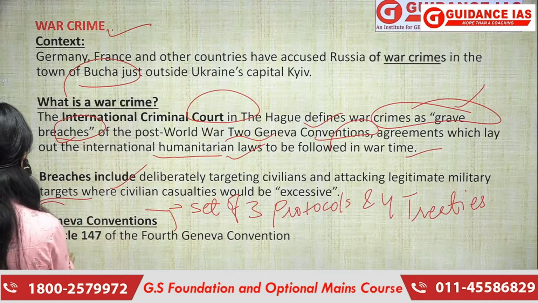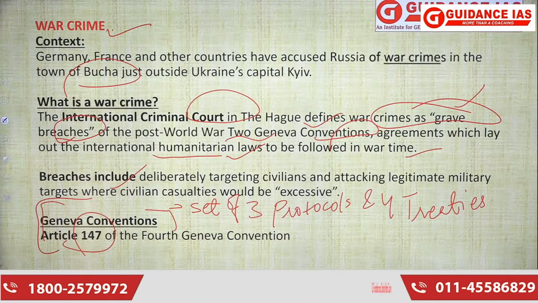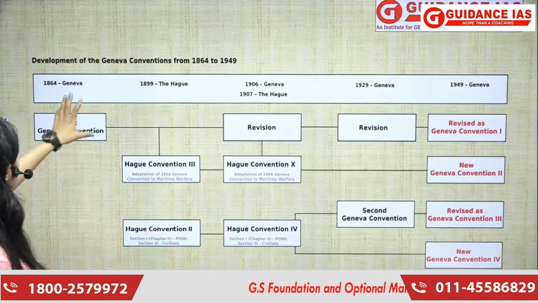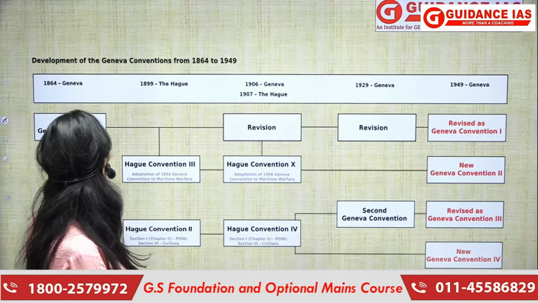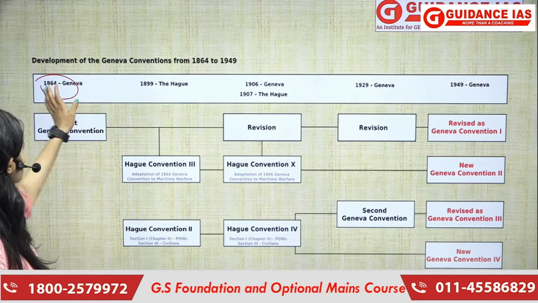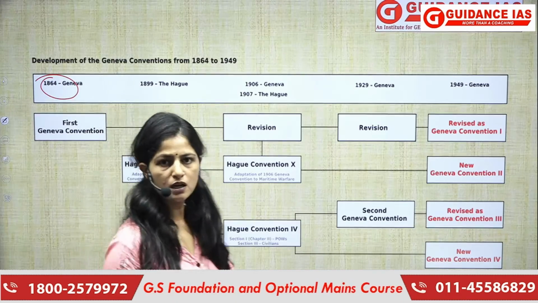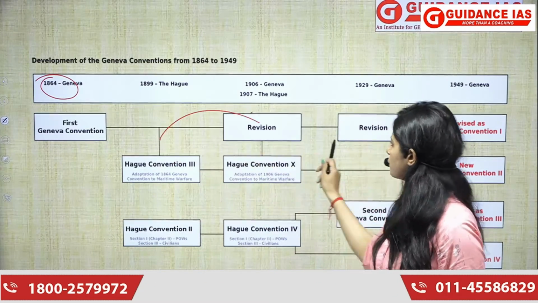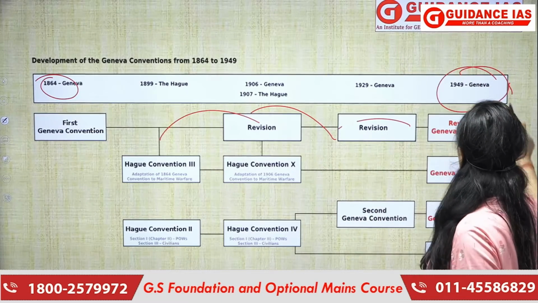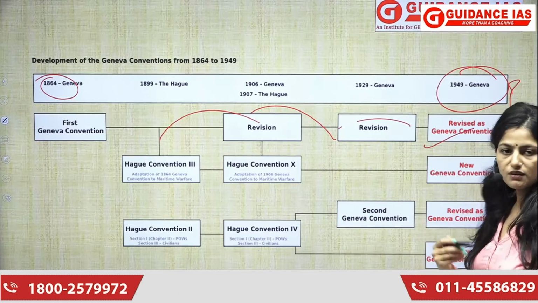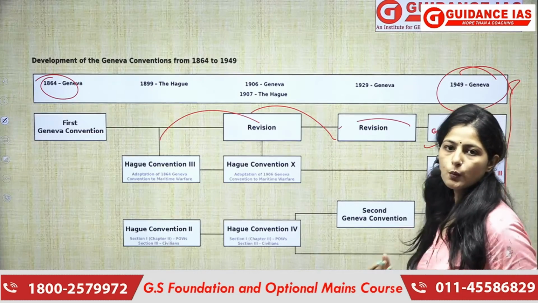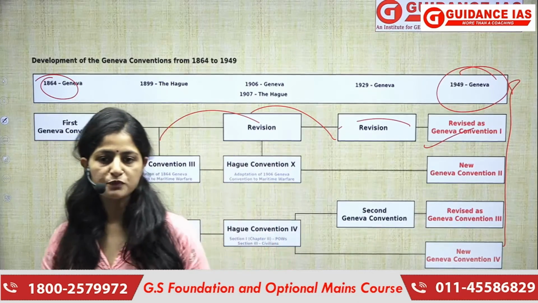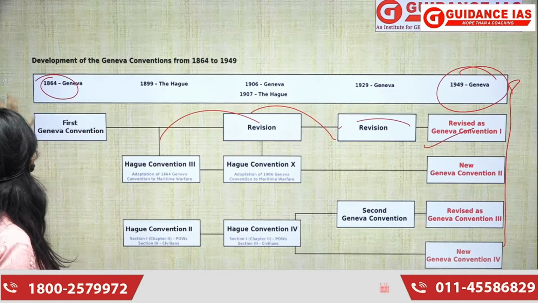And in the Geneva Convention mein hi, Article 147 of Geneva Convention talks about this war crime. Now, this is the timeline of the Geneva Convention, wherein actually 1864 se hi it started, but the things were very weak. The provisions of that time were very weak and not clear. So we improved it further, and finally we reached 1949, wherein we revised the Geneva Conventions and came up with better, stronger, and clearer provisions. All right, this was all about this.